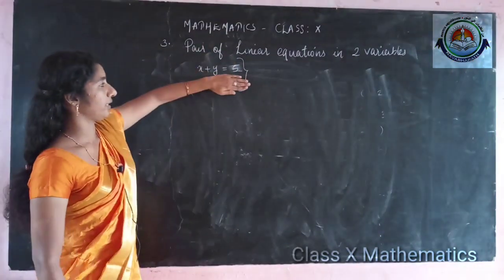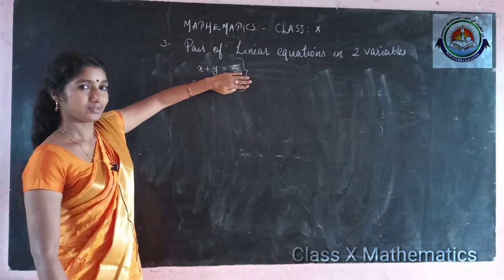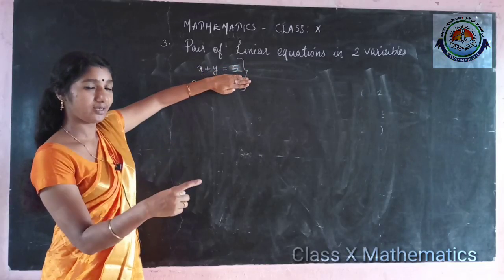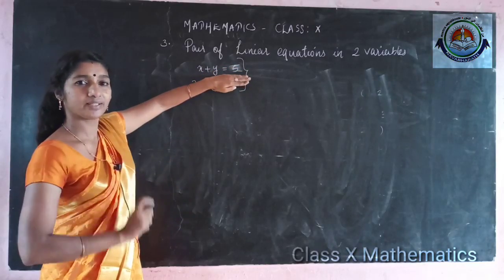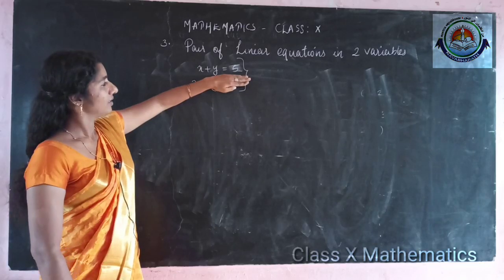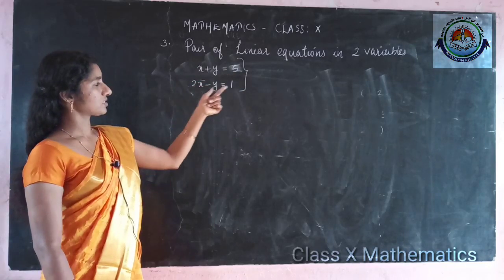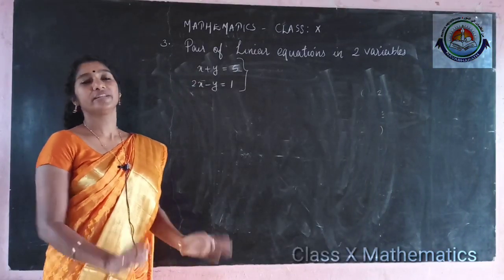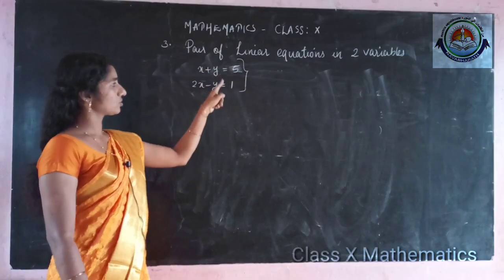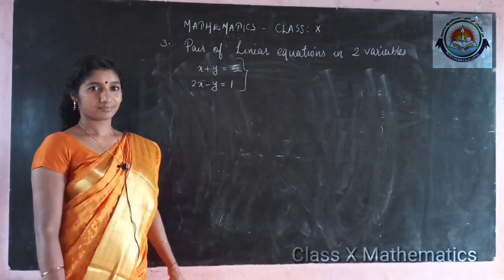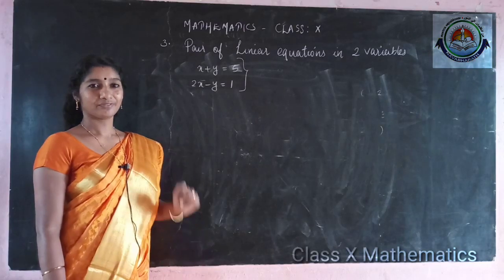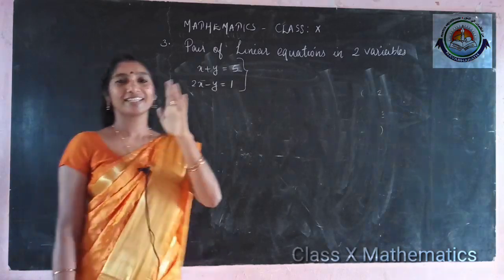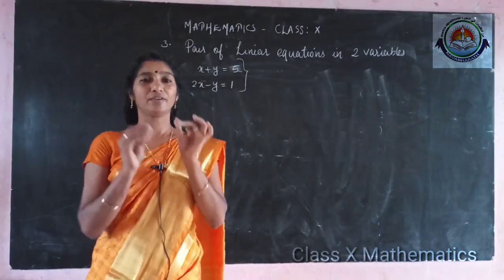You know, if we are drawing x plus y is equal to 5, how many solutions we will get? If you are drawing, we will get a straight line. On the straight line, every point will be a solution. And another one, 2x minus y is equal to 1. I will get another straight line with infinite solutions. So we will get these two straight lines. Correct now? We will get two straight lines. Let us think about the two straight lines. I am giving you two straight lines.